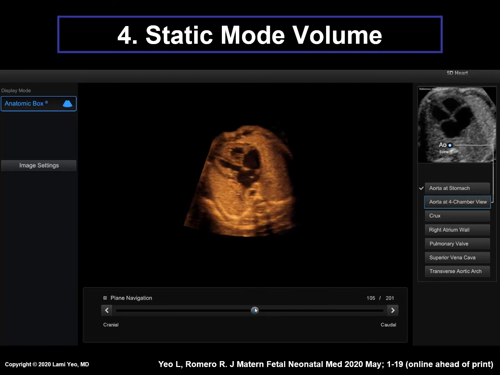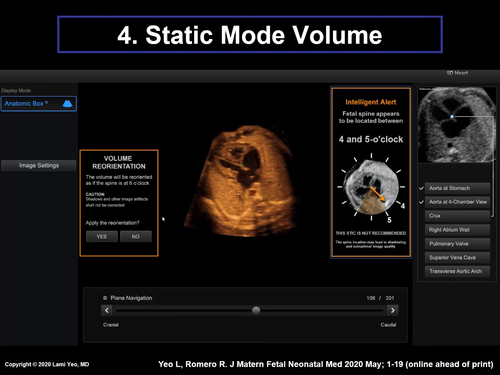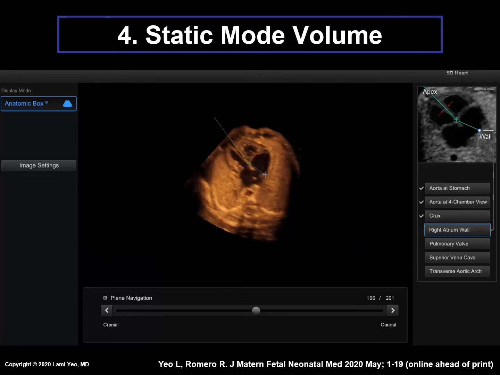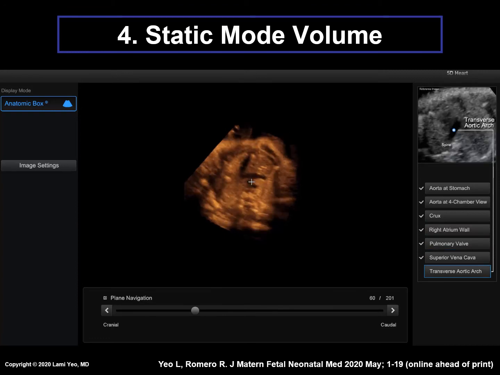Therefore, a spine location alert and volume reorientation message appears. After clicking Yes, the fetal spine is now placed at 6 o'clock. The marking process continues, and 9 normal cardiac diagnostic planes not in motion are depicted by FINE.